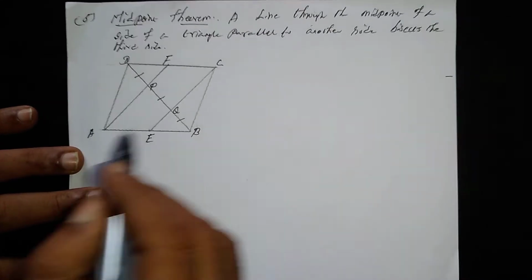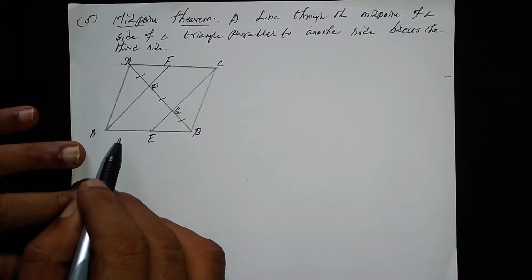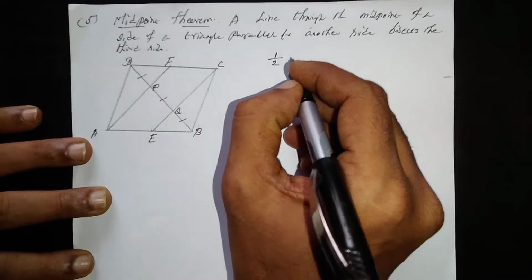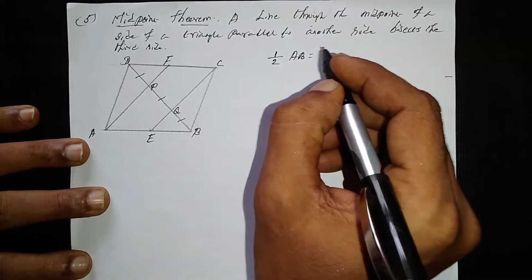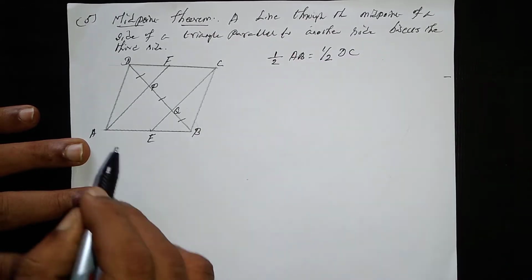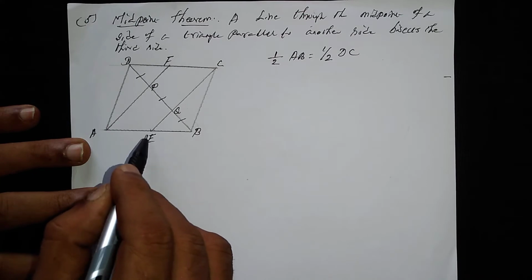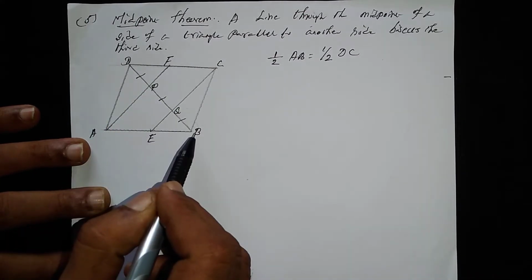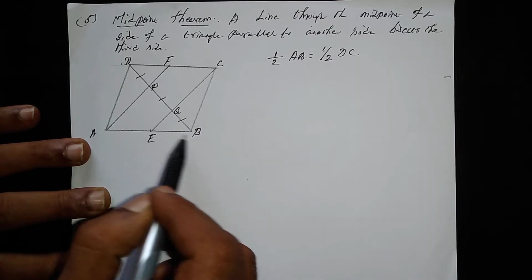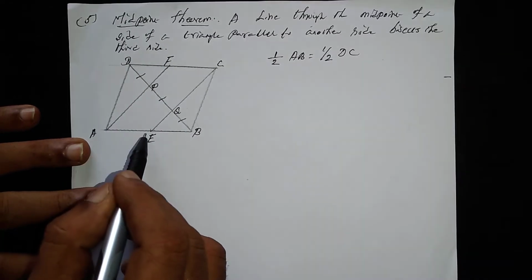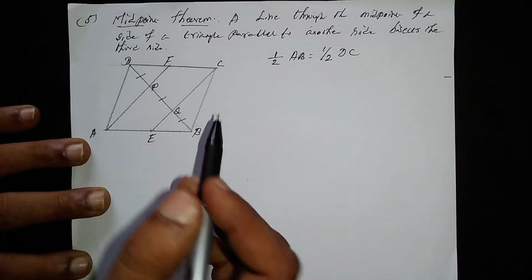So we know half of AB is equal to half of DC. Here E is a midpoint, and here F is the midpoint. So half of AB is equal to half of DC. This is a midpoint, this is a midpoint, so we can say that